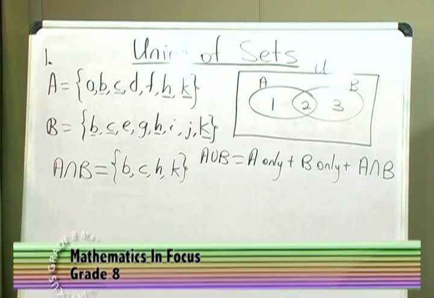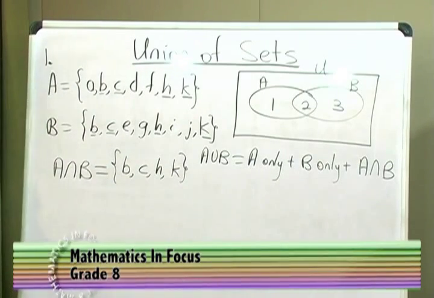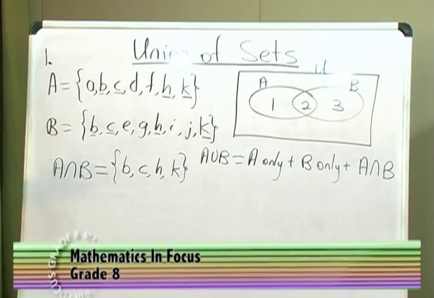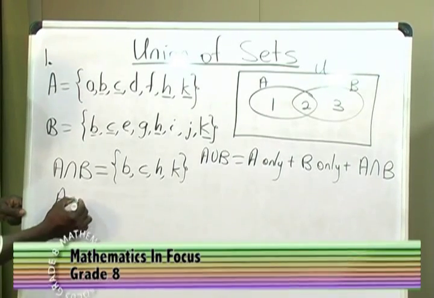Because now that we have the intersection, we can then find what is this region, A only. How do we find what is A only? If we know what is the intersection, we know what is A. Yes, Harish? You take out the intersection. Take out the intersection from A, and what is left will be called A only. So we say A only